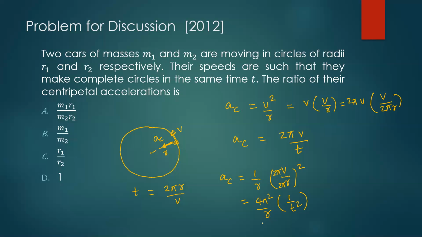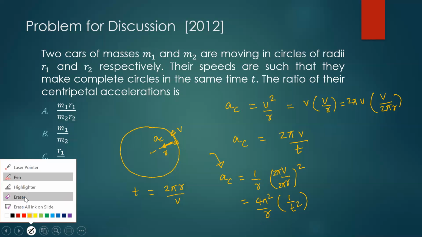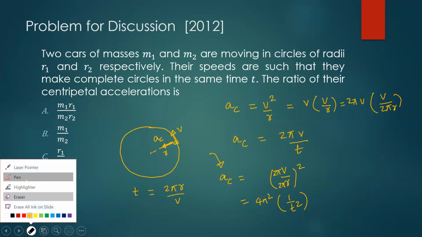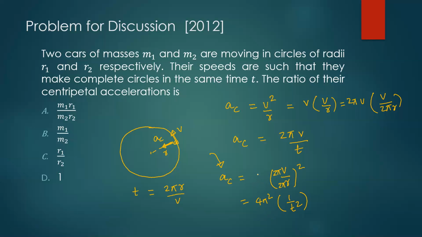Okay. Am I making a mistake here? Can you spot the mistake? Just look here. I was not at all careful. If you look at v square over r, if I'm trying to get v square by r square, I should have r in the numerator, not the denominator. Yes, okay. So here you can clearly see that the acceleration is directly proportional to r in this case.